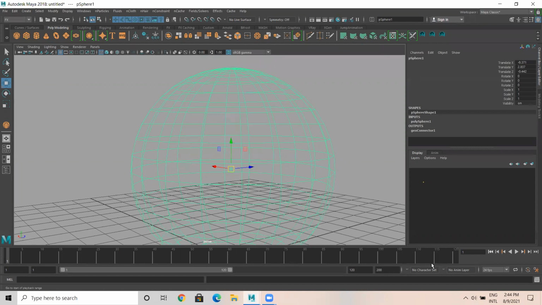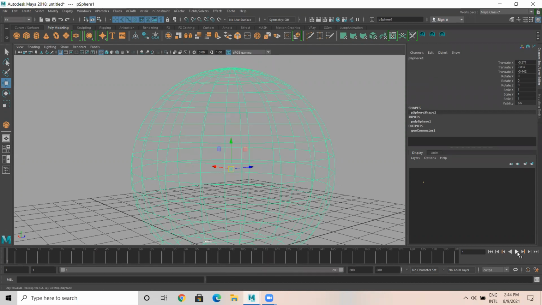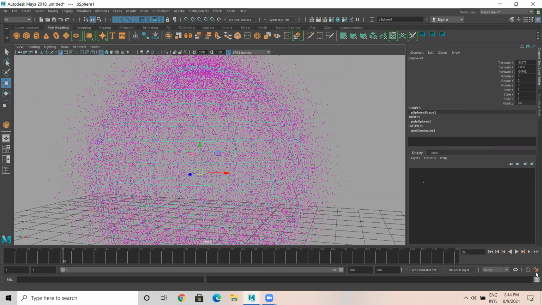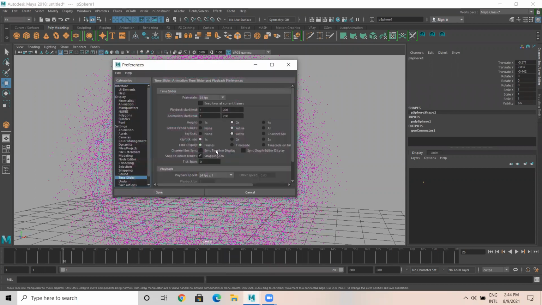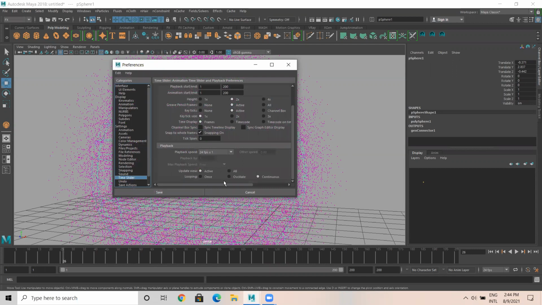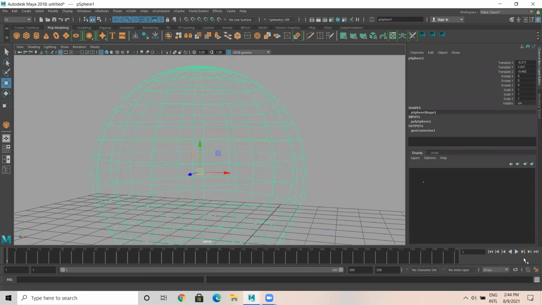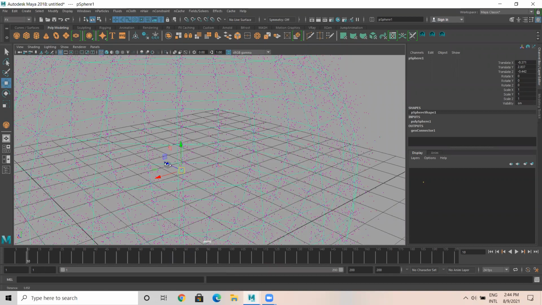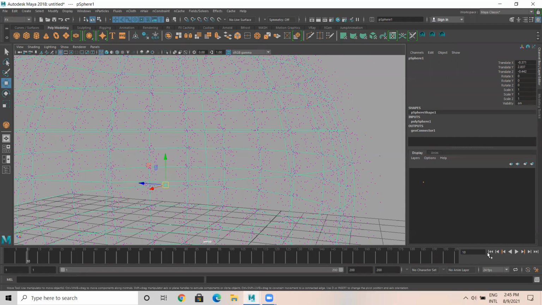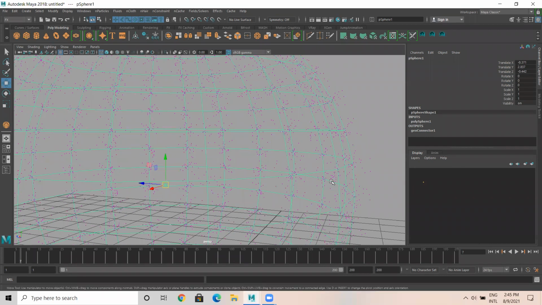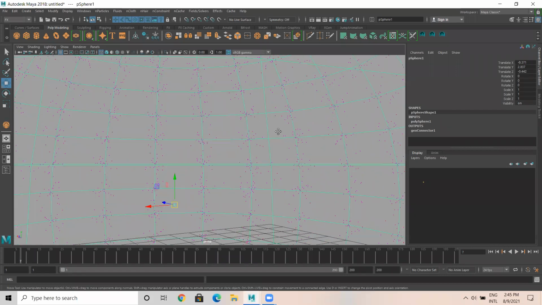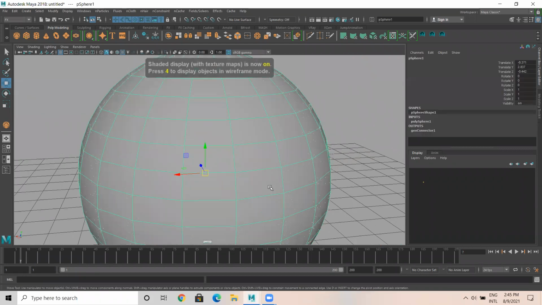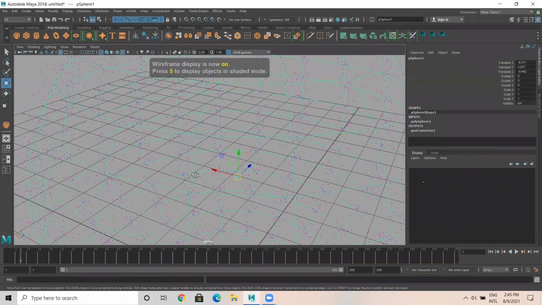Now, when we play this, okay, when I play this, see what is happening here. A lot of particles are emitting. Okay. I'll just go to preferences. Let's playback is 24 FPS. Okay. Observe. So many particles are going to emit from the intersected point. That means wherever these objects are intersecting, you notice here, wherever there is an intersection point.